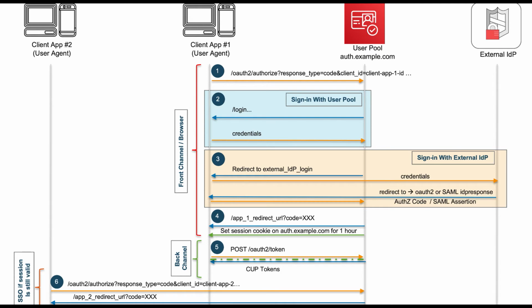Number 6 is something that you should keep in mind as well. Assume that you have multiple web applications. So you want users to be able to navigate between these applications without having to sign in again. And this is where the session cookie or the SSO session cookie comes into perspective. So if the user has signed in already against application 1 using the steps 1 through 5, and then the user attempts to access application 2, which is authenticating users against the same user pool or the same domain, then